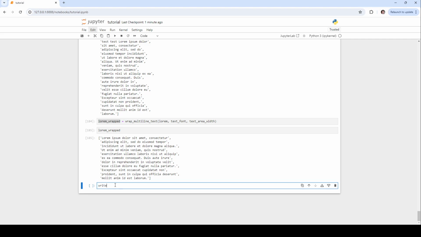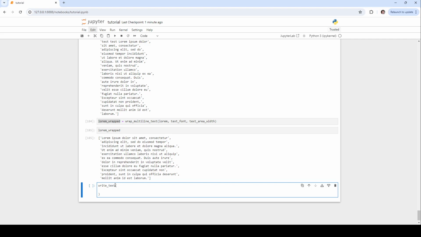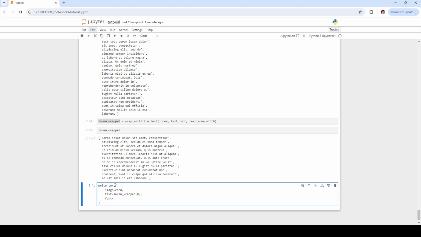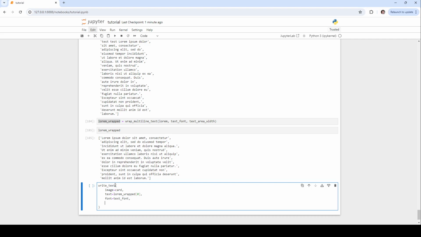And then we are going to write this text in the magic card. So we start image.text, loading wrapped 0, font equals text font,